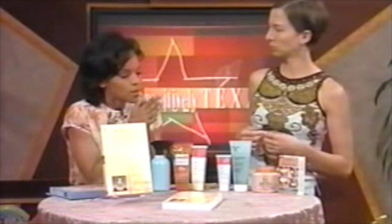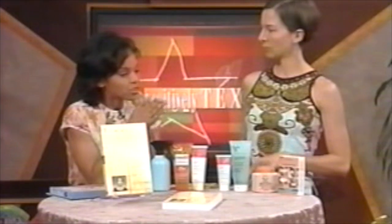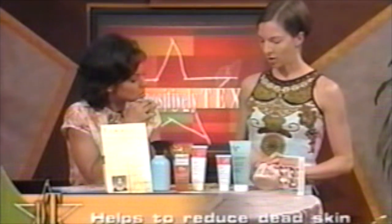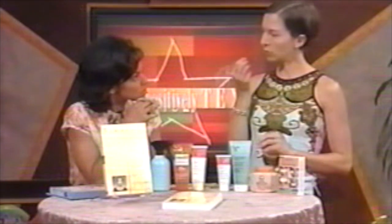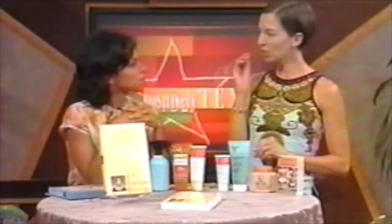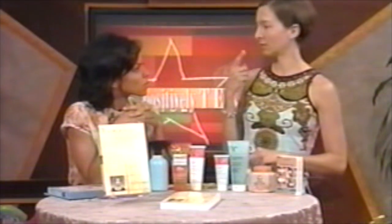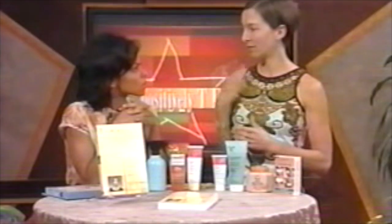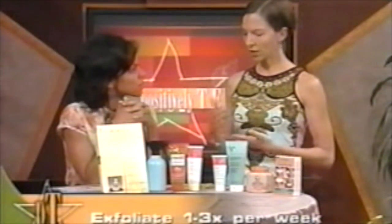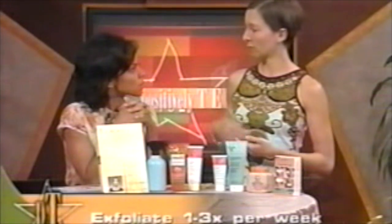Now, is there any truth to the rumor that a scrub can actually enlarge the pores? Once in a while, probably not with apricot scrubs, but some of them use polyurethane beads, and if they're really tiny, they can lodge into your pores and therefore enlarge them, but not really. Scrubbing and exfoliation of all kinds is actually really good for helping to refine the pores, keeping